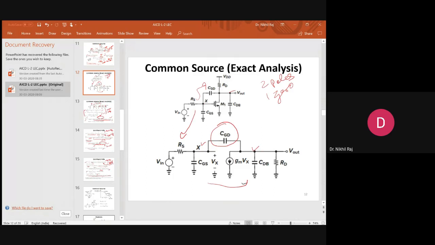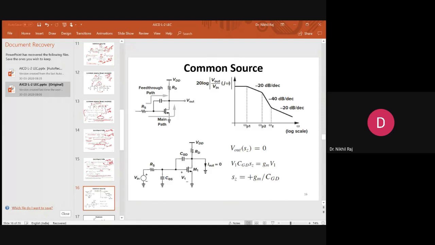Now, for a zero, if the direction of this path and the main signal path are out of phase, then the zero will lie in the right half plane, otherwise it will lie in the left half plane. Now, this concept I will use in the further circuits.